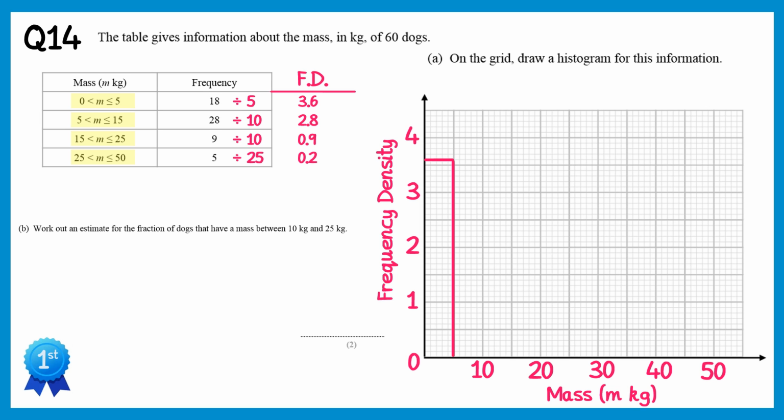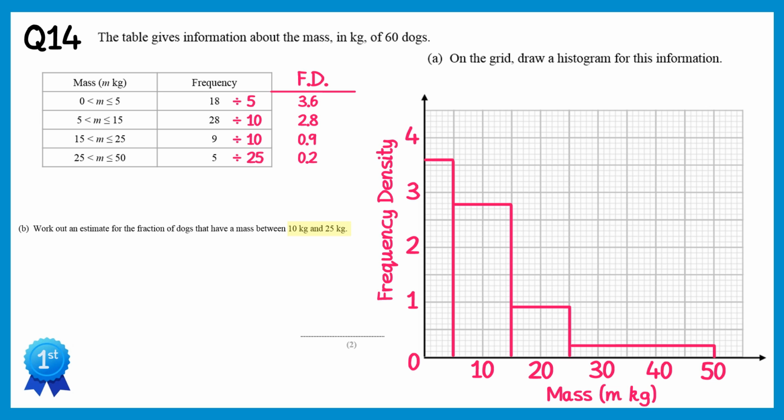The next group from 5 to 15 has frequency density 2.8. The next one goes from 15 to 25 with frequency density 0.9, and the final group from 25 to 50 with frequency density 0.2. For part B, we need to find dogs that have a mass between 10 and 25